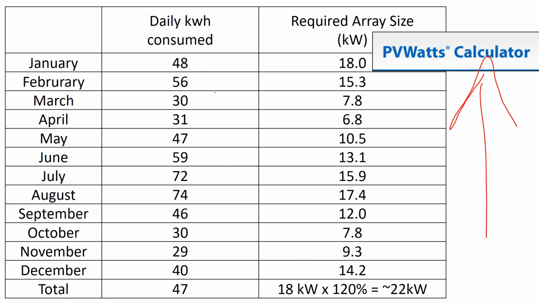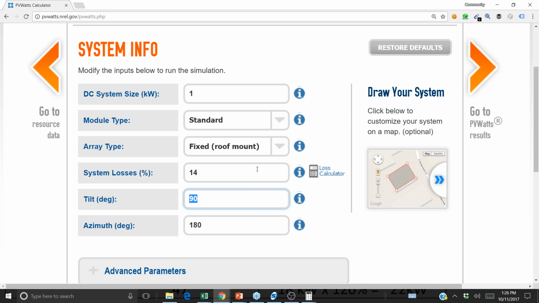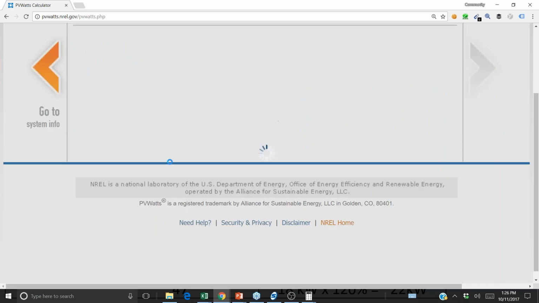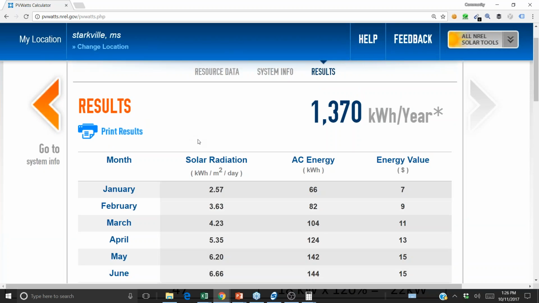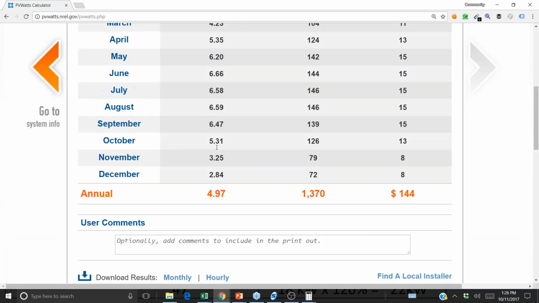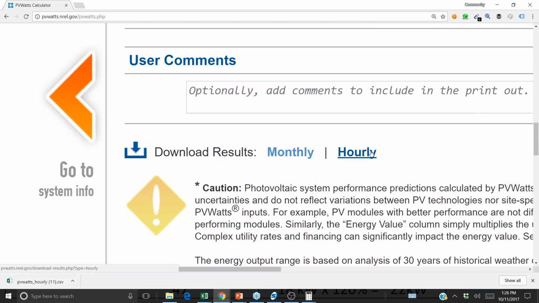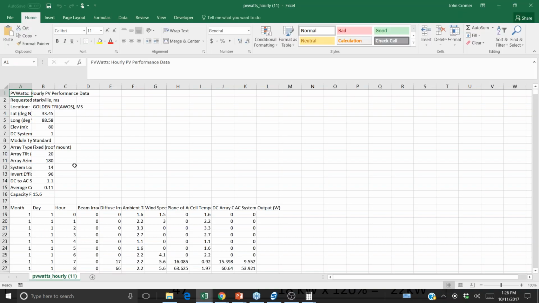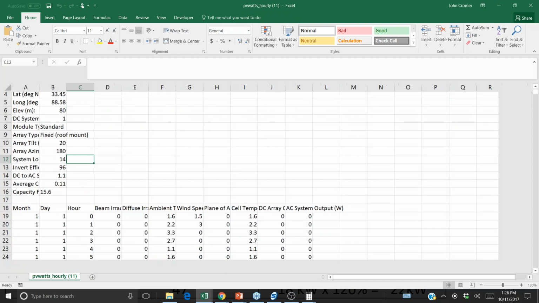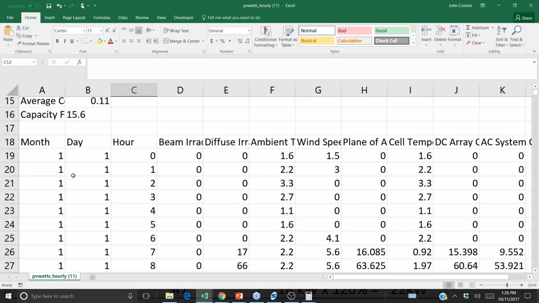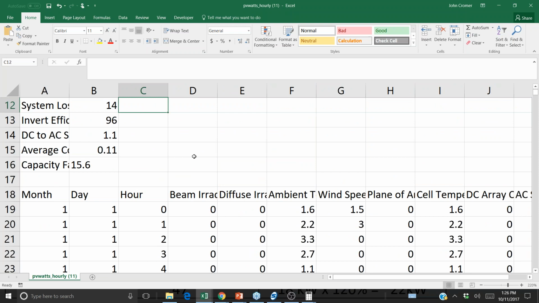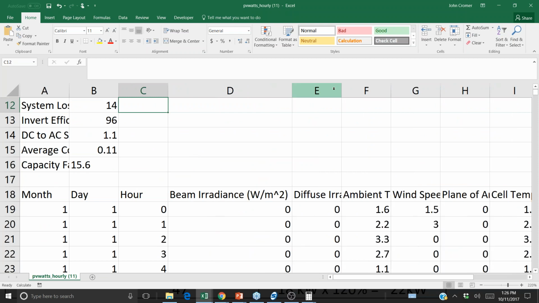Now, going back to our PV Watts calculation, you have a standard array on about a 4/12 roof pitch facing due south. Don't forget that in PV Watts, you can get to this screen and scroll all the way down to the bottom and export this hourly data. I know I mentioned it in other classes, but it's very important, especially for off-grid battery design, because what the PV Watts data will tell you is in this hourly design where we get the data for every single hour, not just for the month, not just for the day,